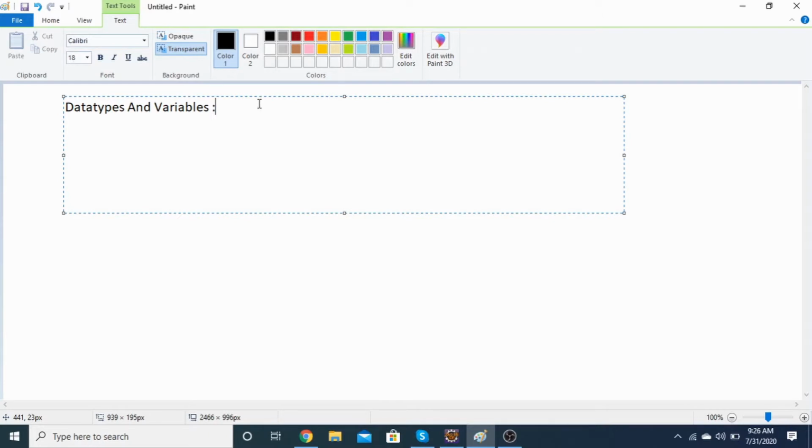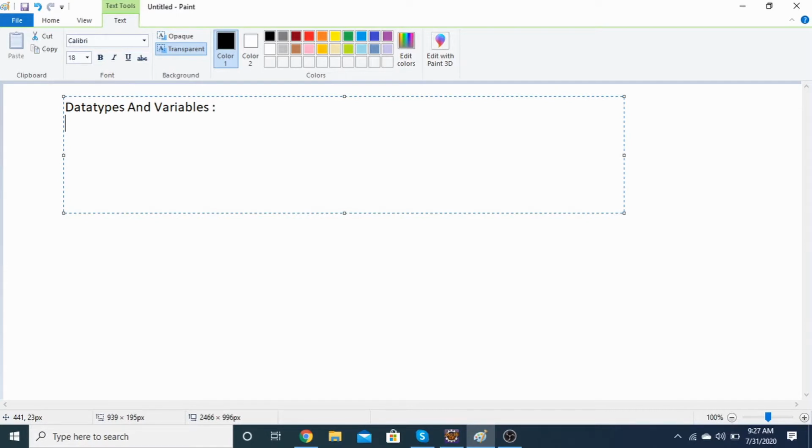So for that, data types were created in programming languages, and they play a very important role as well, because according to the data types only, the computer will decide where exactly it needs to store the data. Specific blocks have been made for different data types. Variables, on the other hand, we will see a little bit later. Let us first continue with the data types itself.